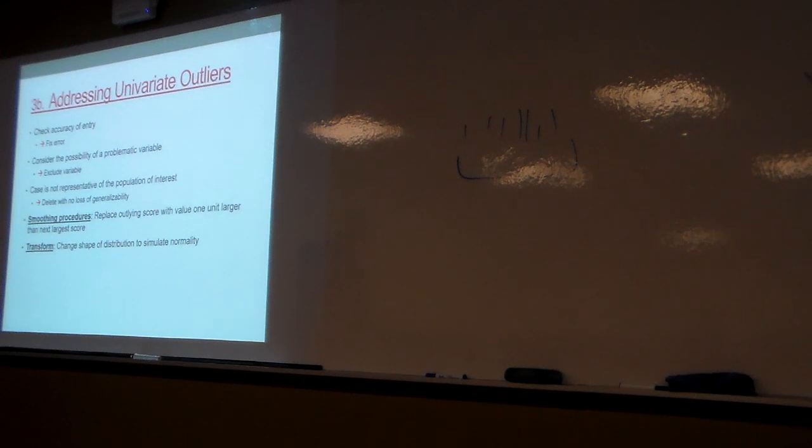Okay. The other option is to transform. Transforming is where we go through and apply some nonlinear transformation to the data to change the shape. If I divide all the scores by a constant, does that change the shape? Nope. If I add or subtract a score to all the scores, did that change the shape? No. But if I take all scores and raise them to the power of 2, does that change the shape? Yeah, that will. That's a power transformation or square root transformation, some nonlinear transformation that changes the shape of the distribution.